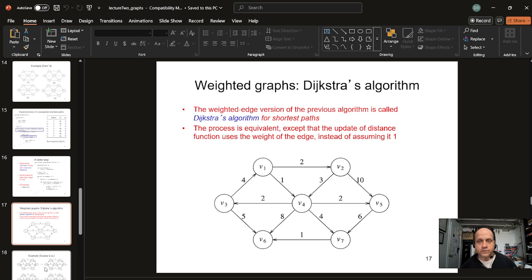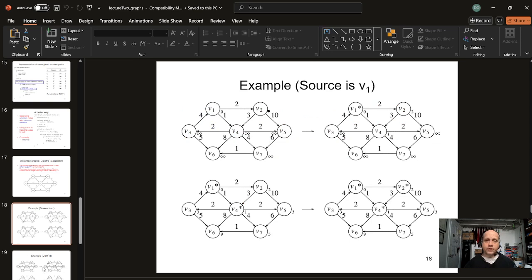This is in comparison to the previous algorithm, the weighted edge version called Dijkstra's algorithm for shortest paths. Here the process is equivalent, except the update of the distance function uses the weight of the edge instead of assuming it to be 1. So here all my weights are already assigned to the edges, whereas in the prior example we assumed equal weight. So here we have a sample, and we're working through the